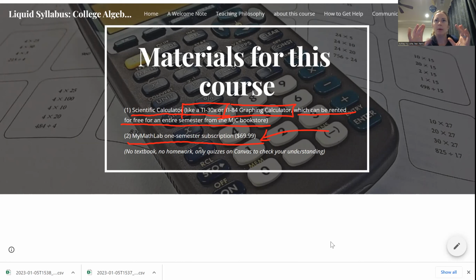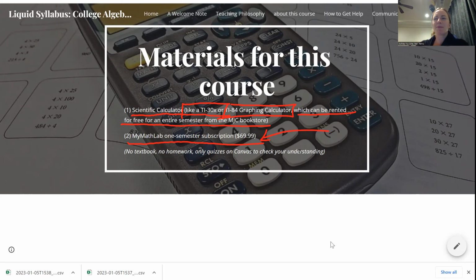Once you see, they'll say, okay, time to pay for it. Here's the cheaper option. I think it's $69.99, or maybe it's a little more now, $74.99. I can't remember. They're always increasing the prices, of course. But there's a more expensive option that you probably don't want in this class.